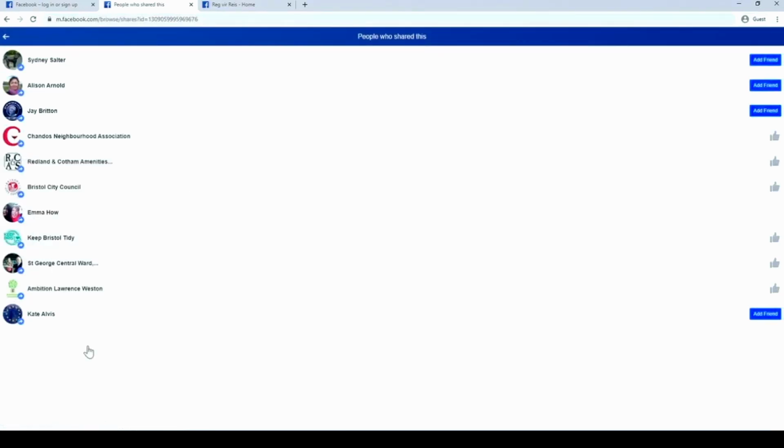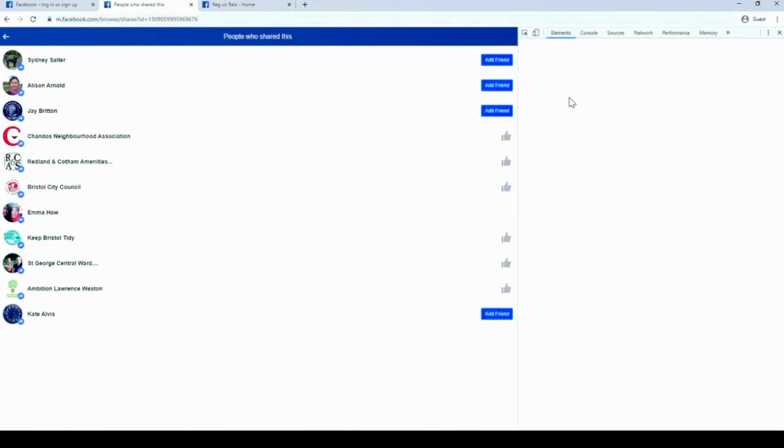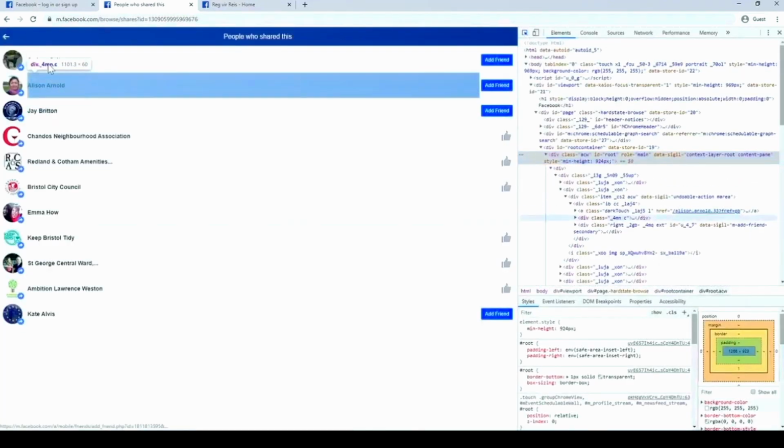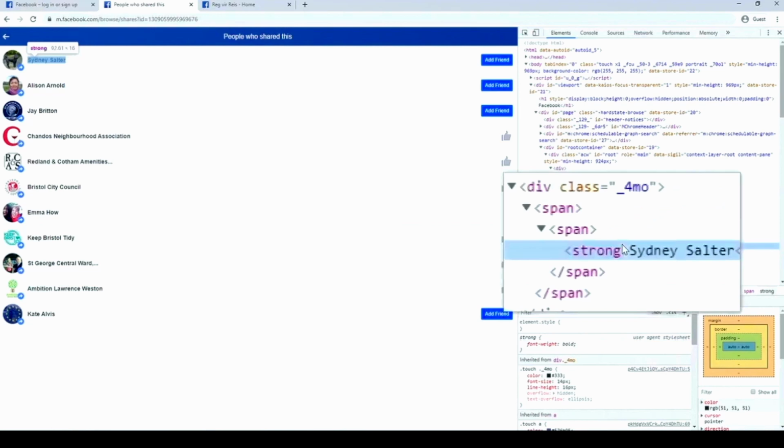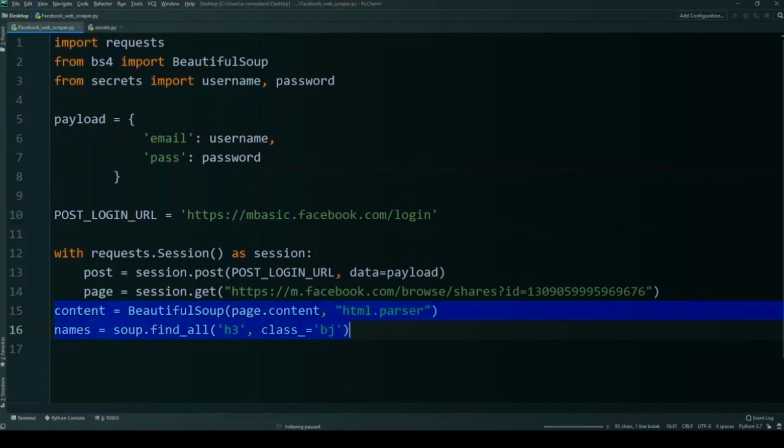And now we can inspect this web page again by right clicking and selecting inspect, and follow the exact same method by hovering over one person's name and then looking at the HTML code that envelops this person's name. I've updated my code to include the filtering commands to get the HTML, and you can see I haven't changed this. So this is the only thing left that needs to be changed, and we can change that to span. We are just going to use that HTML tag because for some unknown reason, if I add the class, it does not want to add anything. So I'm just going to keep it to the HTML tag span, and now we can go back and run it and see what happens.